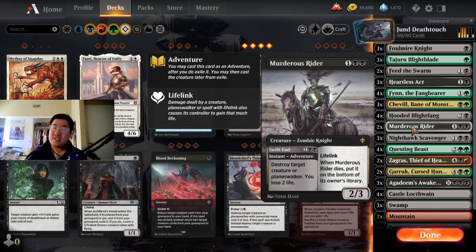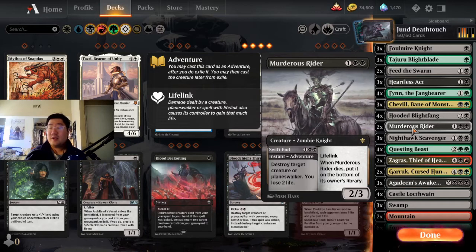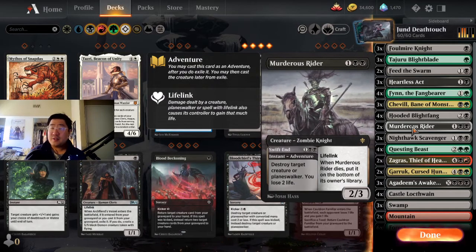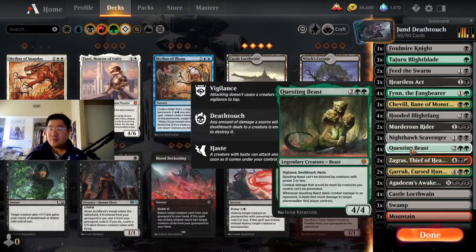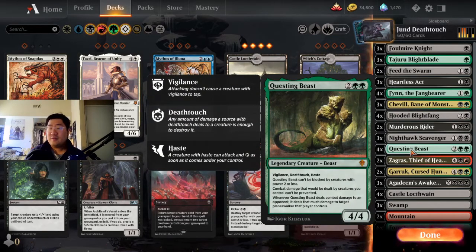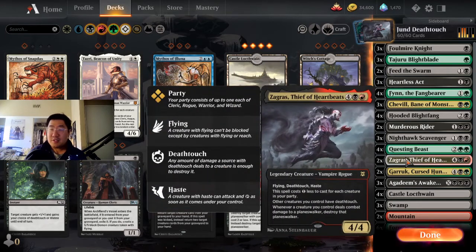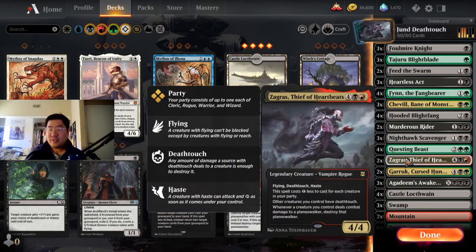I've always appreciated it in any deck that plays black, so I know it's not a deathtouch creature, but I think it's a very important card to have. Nighthawk Scavenger, of course, 4 Questing Beasts, and I am playing a full set because it's just that good. And then 2 Zagras. It was kind of hard to determine what the number should be,